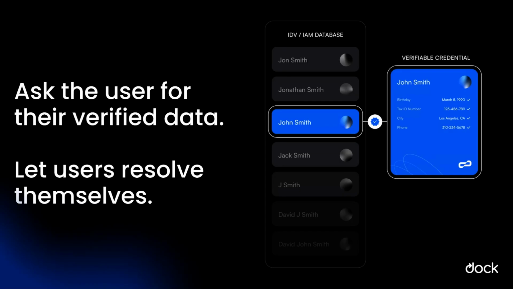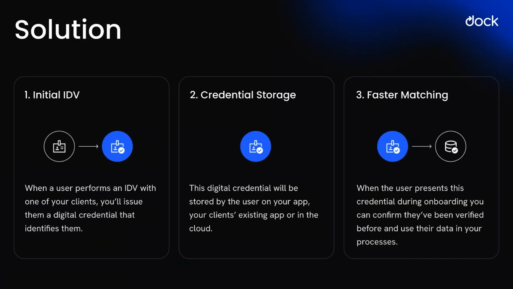In all of these cases, there's a common root cause, and that's that the person isn't part of the IDV process. We're asking third parties to gossip about the consumer. And if we instead create a verifiable credential from the IAM database entry, then we give that credential to the consumer. We ask them to verify their data. We ask them to resolve themselves by saying this data applies to me. Then we've got a certain match. Like we know the user told us that it applies to them. The consumer told us who it applies to.